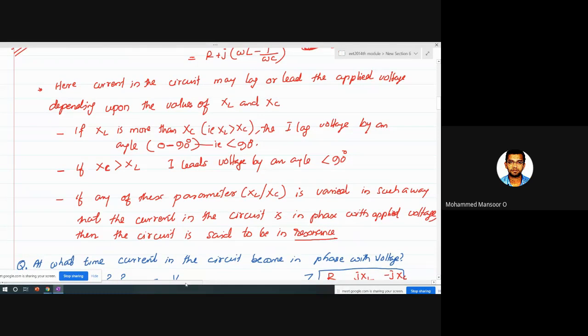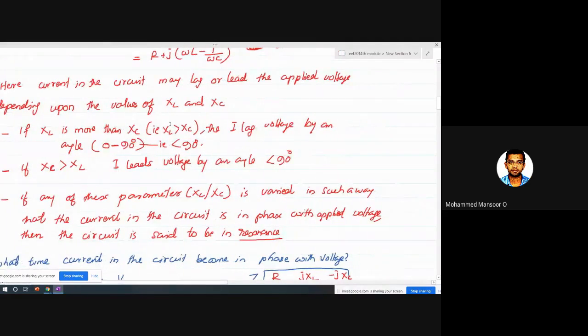So which parameters, XL and XC, both are frequency dependent, isn't it? Clear? Here both are frequency dependent. XL is directly proportional to frequency, and XC is inversely proportional to frequency. So by changing these parameters, if XL or XC is varied in such a way that current in the circuit is in phase with applied voltage, then the circuit is said to be